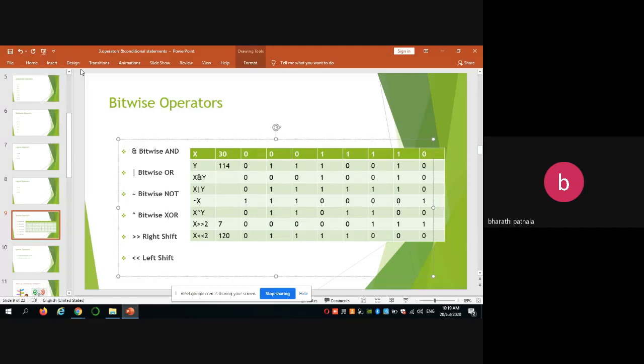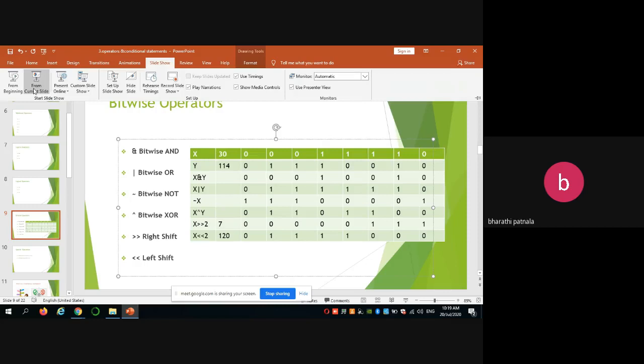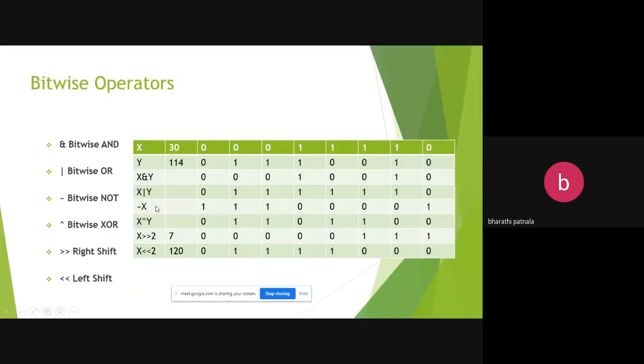If both values are different, it returns true. So if X and Y are both the same, it returns false. If the values are different, 0, 1 or 1, 0, it returns true. If the values of both X and Y are the same, then it returns 0.